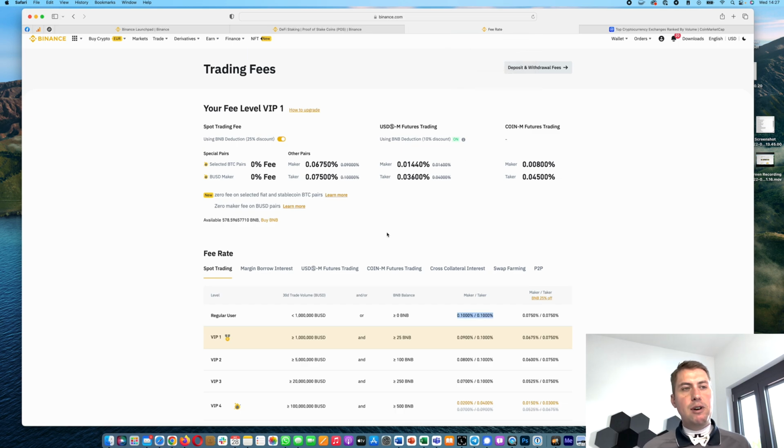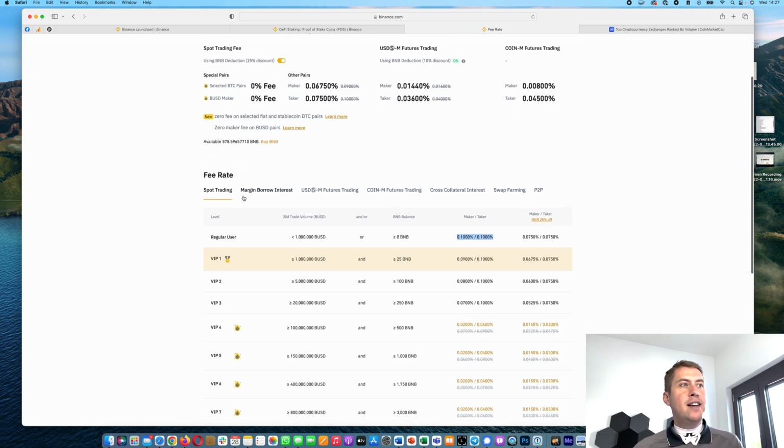We didn't really talk about fees yet, but the fees are actually quite cheap compared to other platforms. So if you are buying or selling a cryptocurrency on Binance, they only charge you 0.1%. And if you are paying the fee with BNB, so you need some BNB in your account, then you are only paying 0.075%. And if you trade higher volumes, the fee even goes down to